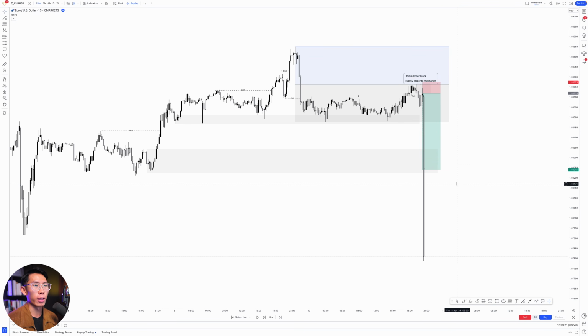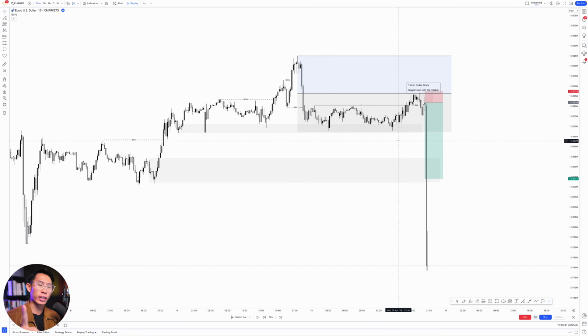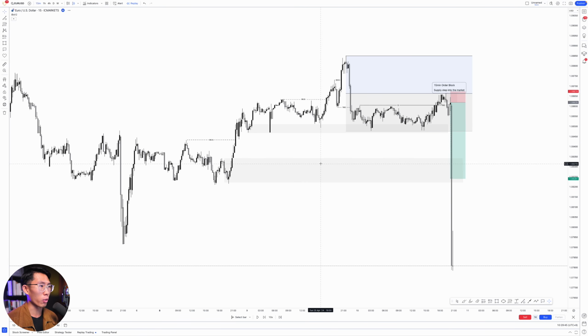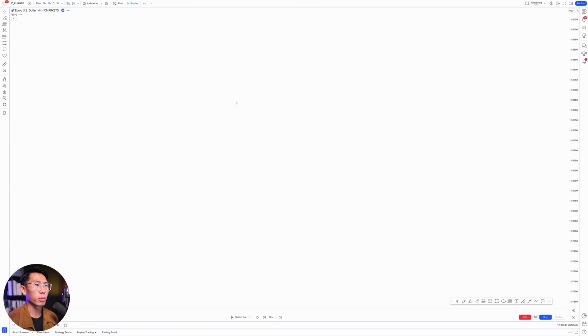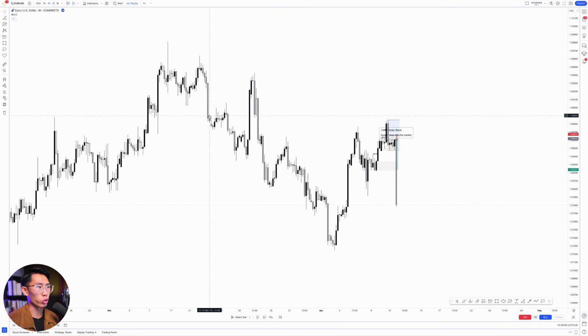Because what happened was that liquidity got taken out and then news came into the market at that point of time as well. So you have to admit, I kind of got a little bit lucky right here. But I like to think that luck is when preparation meets opportunity, right? So what happened right here was that if you look at the higher time frame, like we always do, price was extremely bearish,